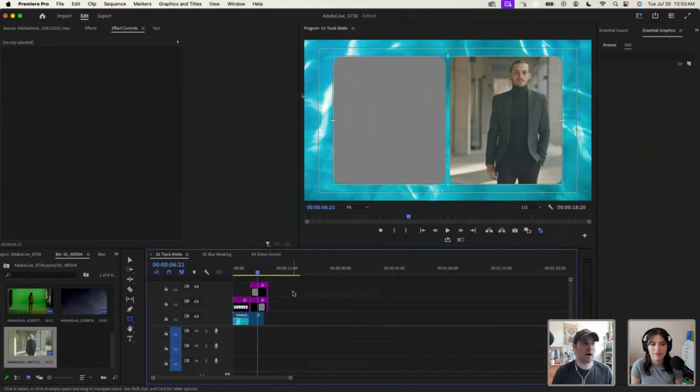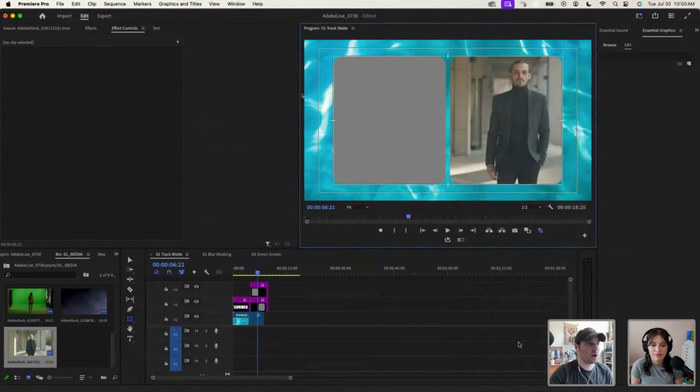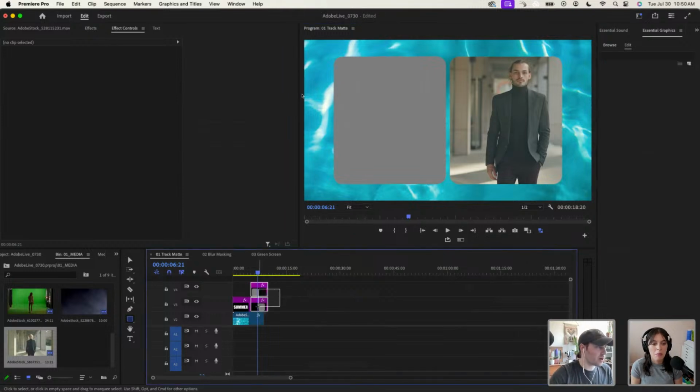So you could probably notice only one of these is affected by our mat, right? How am I going to be able to add both of those into this same track mat? How am I going to be able to affect both of these in the same way so they're both showing the video beneath there? Well, since we're talking about compositing, I'm going to select both of those, and there's a